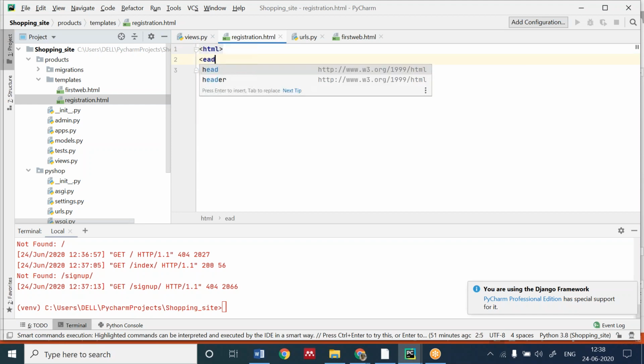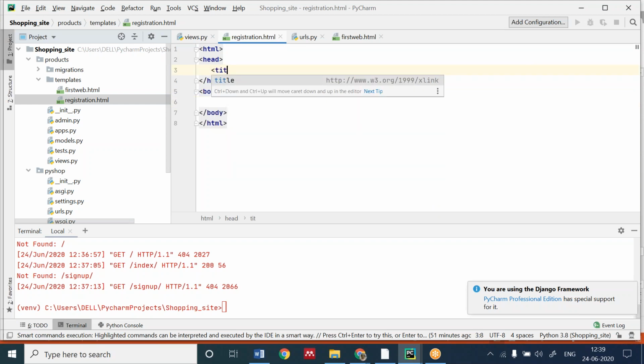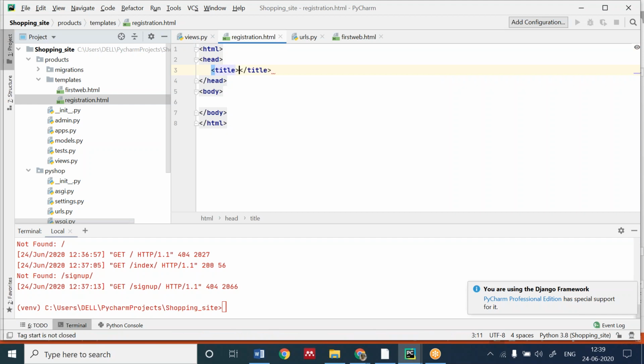For starting the HTML, we have the HTML tag. We have the head section, and the body section. Okay, we have the head and body. In head, we can define the title also. Those who do not know, this is basically for you. Shopping site. Okay, any doubts? Let me see the chat box once.